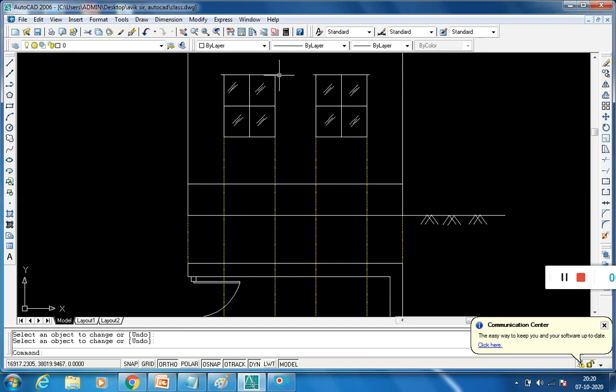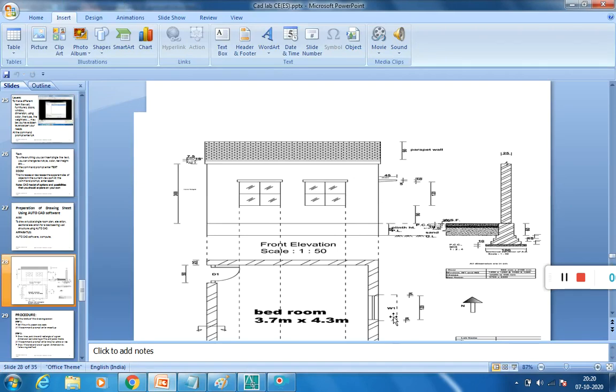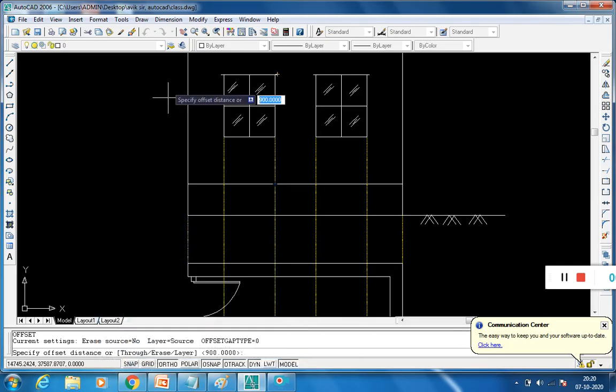Then take the offset. The thickness of the chajja is how much? That is 100 mm. So take the offset, that is 100.